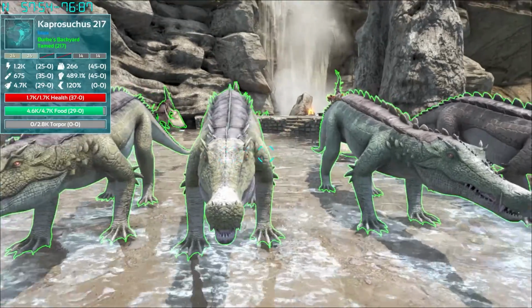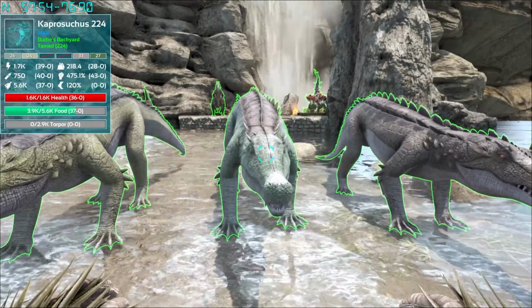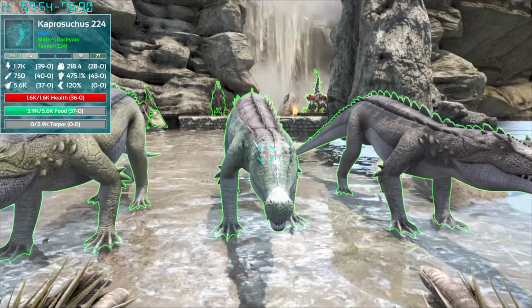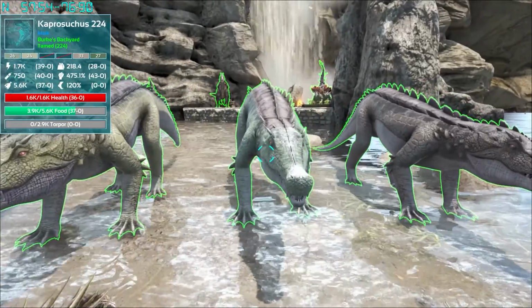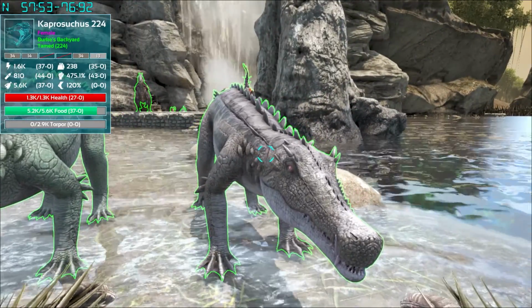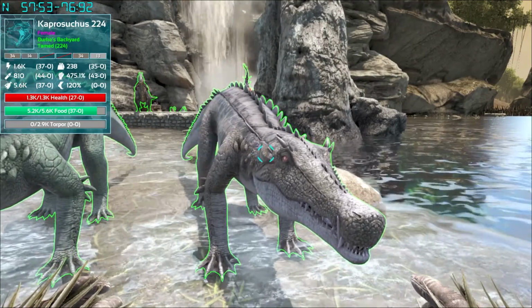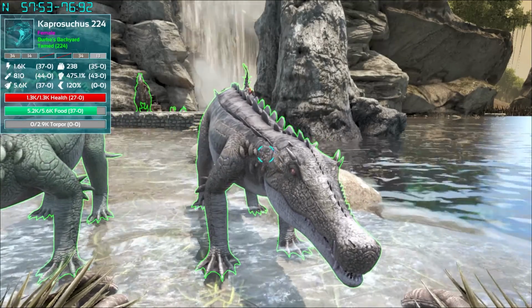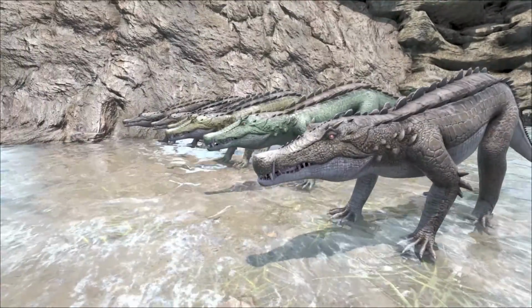So that's 2. Then this guy came out with 2 as well, 43 in weight, 40 in oxygen, right? So that means we have 4 points altogether that we can sacrifice. And then the last one, another 2 points, 44 and 43, right? So this means we have 6 points. There are 6 stats there that we need to make into 40, which means we have all the Capros we need. Now it's just a matter of